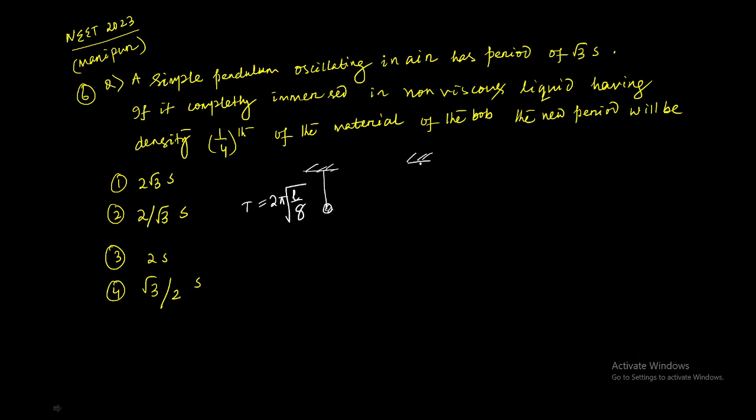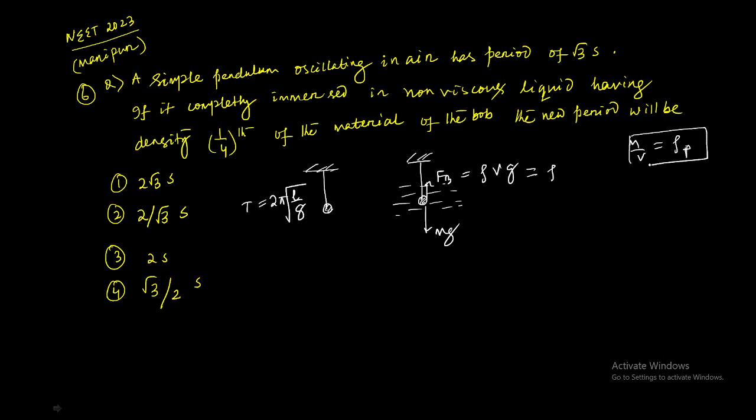Now it will be immersed in the liquid, fully immersed, right? So if it is immersed, what are the forces acting on it? Downward mg and upward there will be a buoyant force, and the buoyant force is equal to rho V g. Rho is the density of the liquid, V is the volume of the pendulum or simple pendulum, and g is the acceleration due to gravity. So this can be rho, and the volume of the simple pendulum can be written as, because mass by volume equal to density of the pendulum, I am writing, right? M by V equal to density. So V can be written as